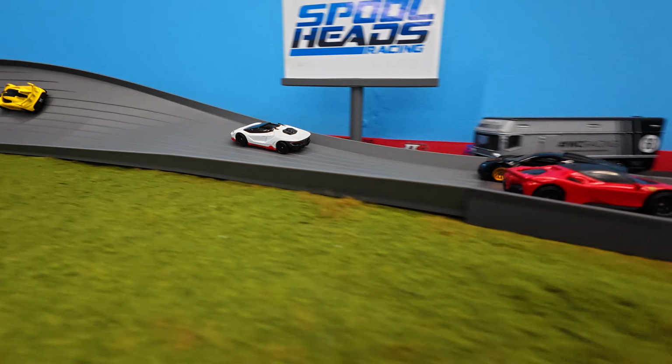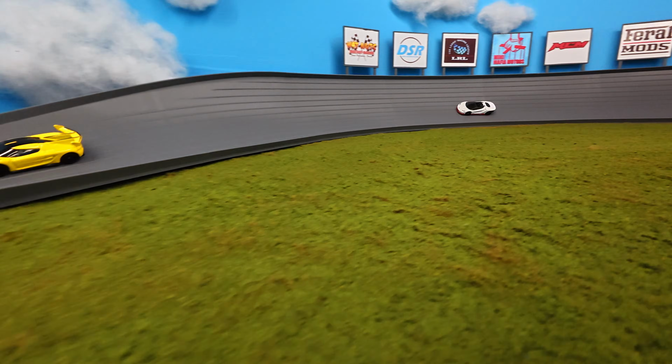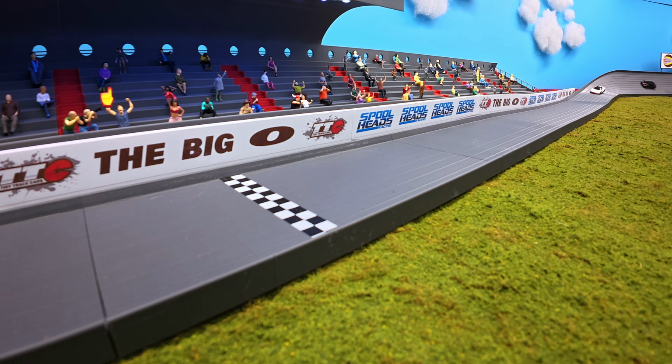Koenigsegg out front early, Lamborghini right on his tail, but the Bugatti spins out with the Ferrari in the back. Can the Bugatti catch up to either of these cars, or is it going to be the Koenigsegg show in race number 2 of Group 2 here at the $50 million Supercar Elimination Tournament at the Big O, brought to